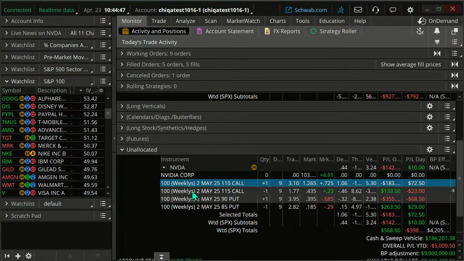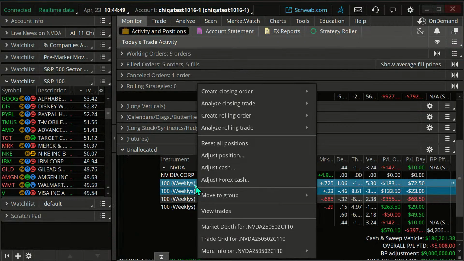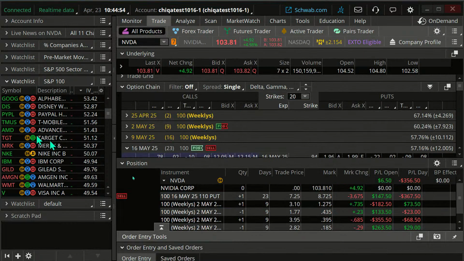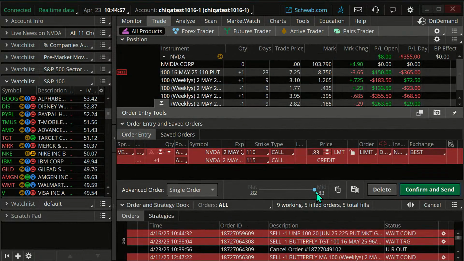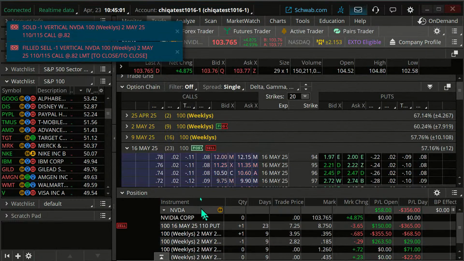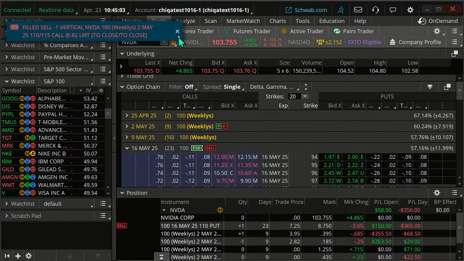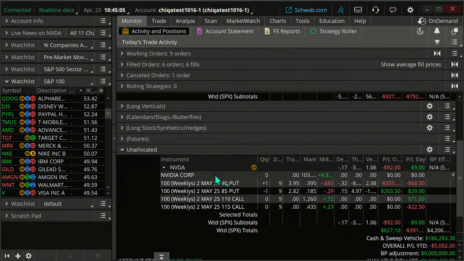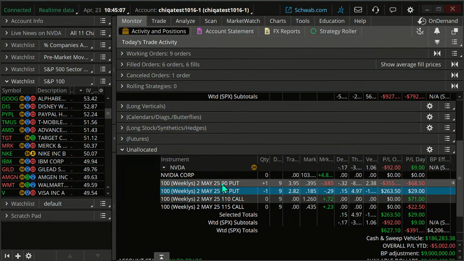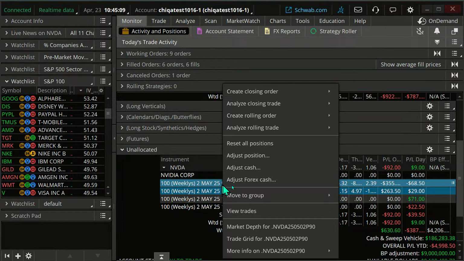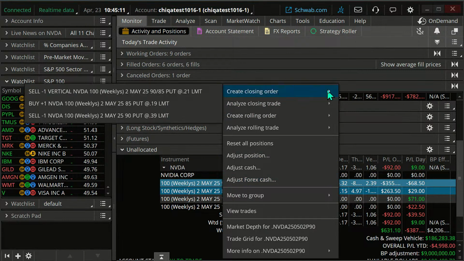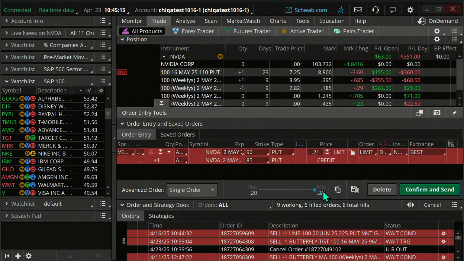So we're going to get out of this trade and take our lumps. We lost a little money on this one, but I'm going to create a closing order on this. I'm going to move this out, send this. I'm going to get out of half of the trade at a time, just for pricing purposes. Usually that is beneficial. Right click. I'm going to create that closing order, and I'm going to get out of this.